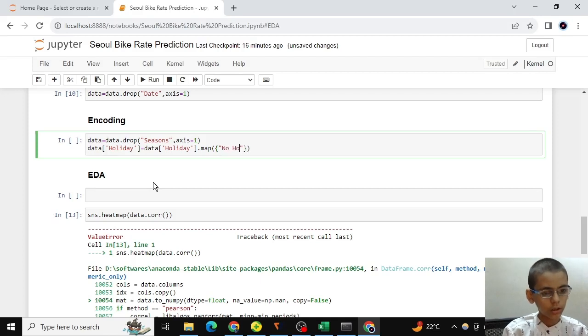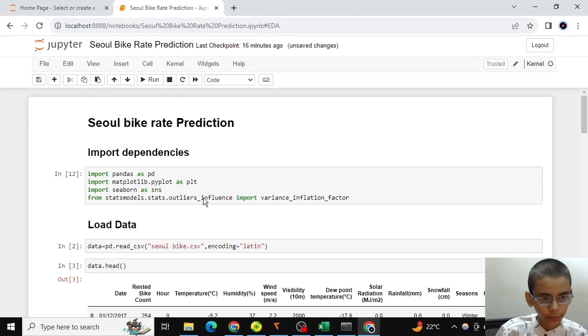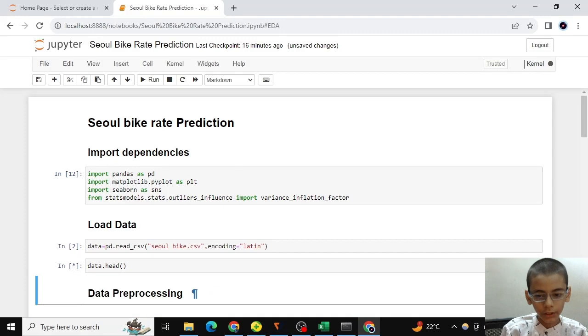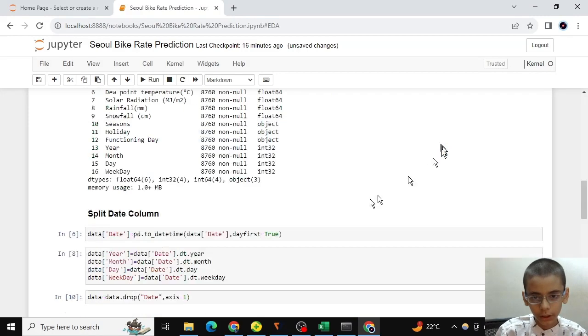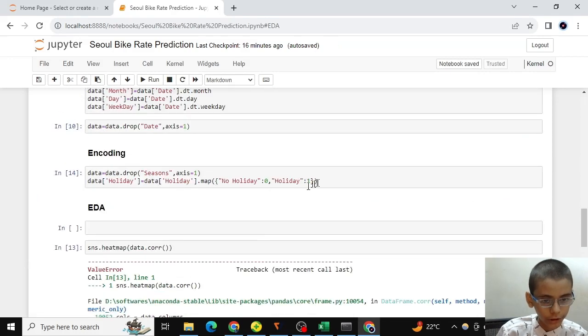If it is no holiday, then put here 0, else if it is holiday then put here 1. Yes, it works. We can do the same for functioning day.